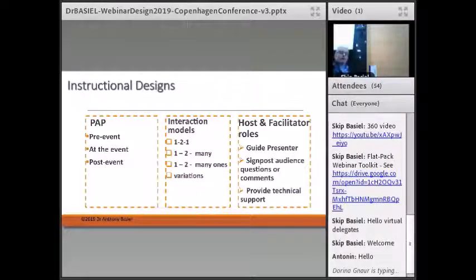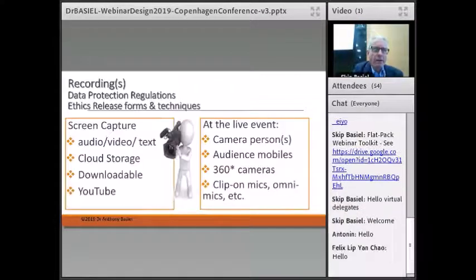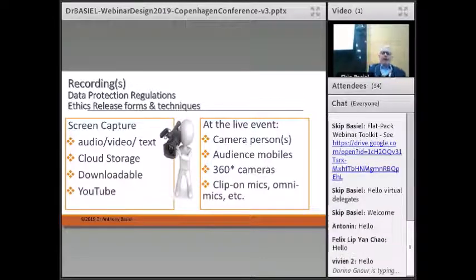And if that was the case, then we would need to look at the third category there about hosts and facilitators. If you're doing a webinar where you've got a remote presenter, but a group of people together, then you're going to want to have a facilitator to act as that mediator between the group and the presenter. So there are a number of different instructional designs that we want to consider when we're doing our interactive webinars. And the last category is